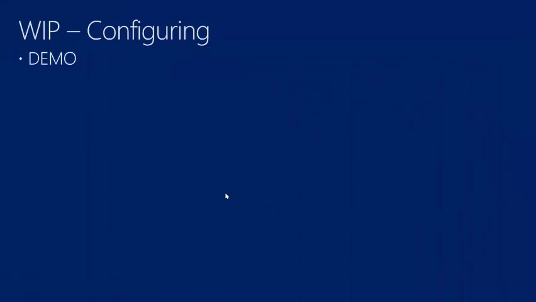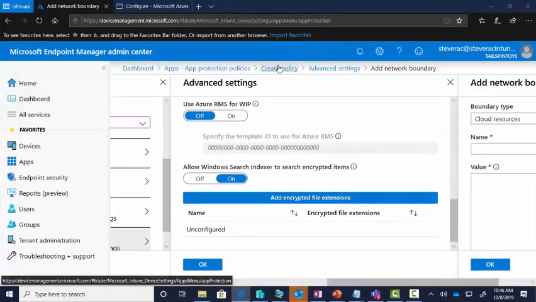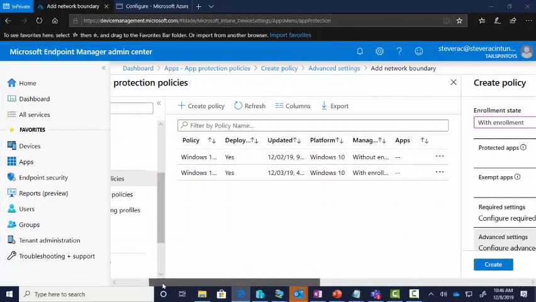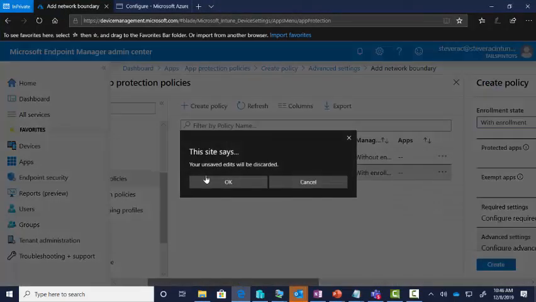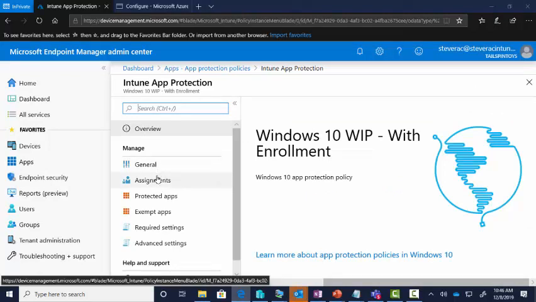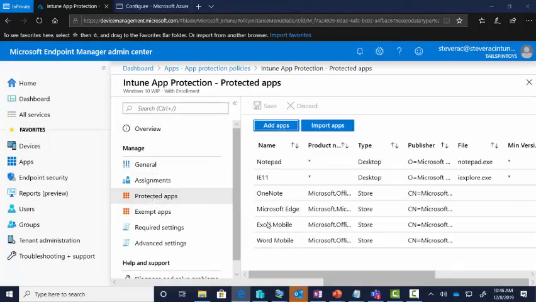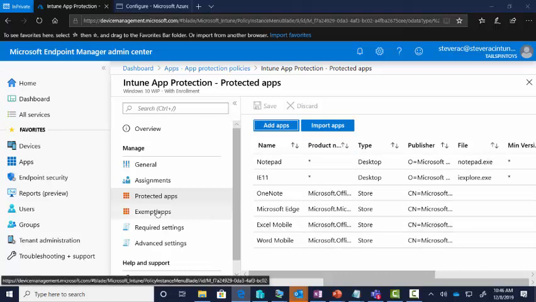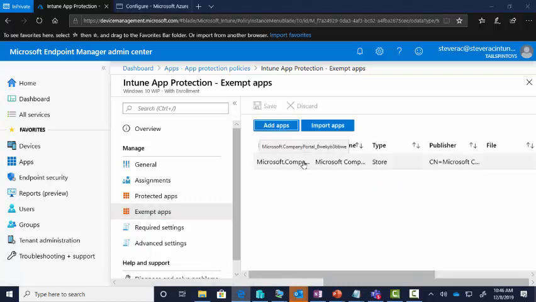Okay. So let me go show you this actually working, all right? I'll walk you through real quick a protection policy that I have created for this demo. So I did it with enrollment. We'll look at that. So I have my protected apps. I have a few of them, right? Notepad, IE11, OneNote, all of these are apps that are protected, meaning these are apps that are allowed to access and expected to access corporate data. I've exempted my company portal app, right? So it's not subject to the Windows Information Protection